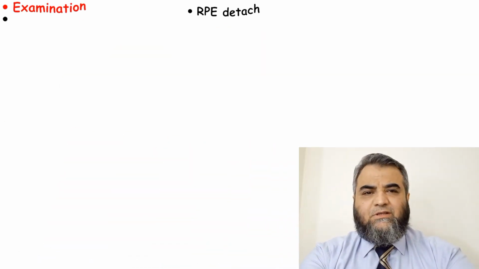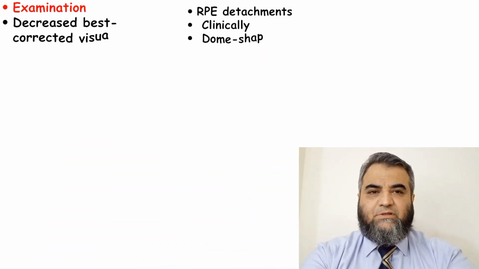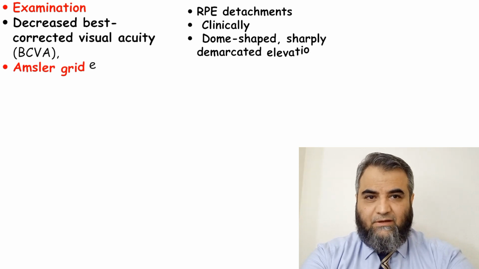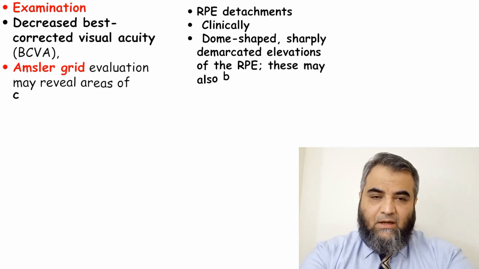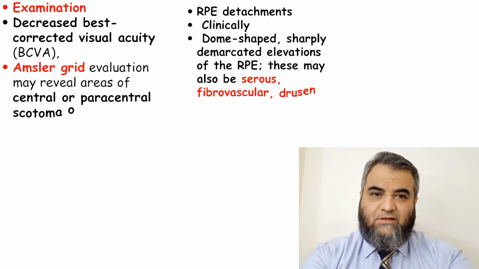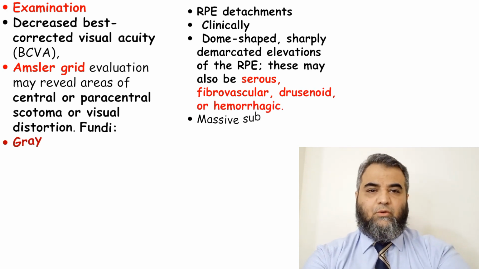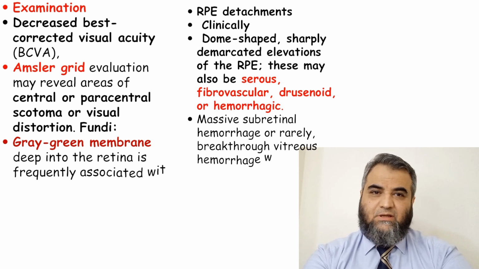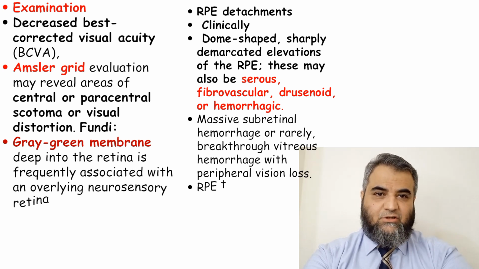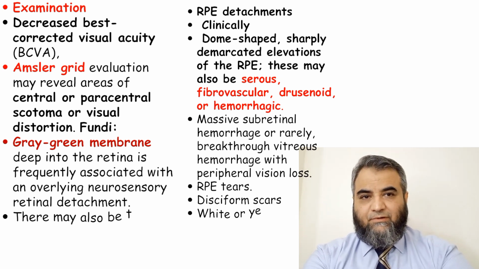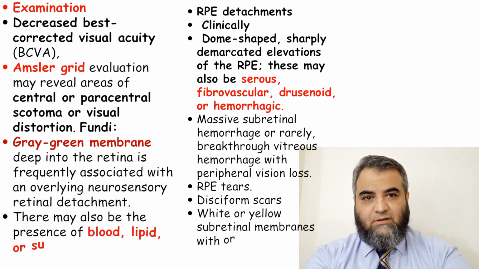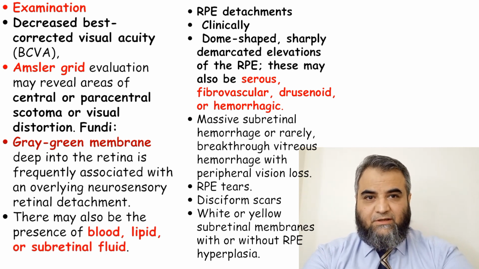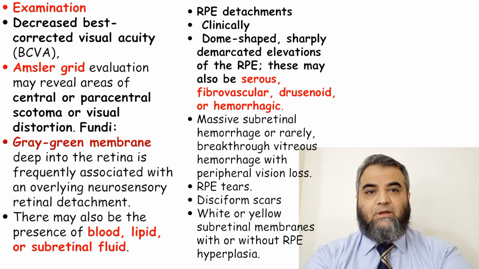I mentioned on examination, these patients usually present with decreased vision, severely affected vision. If you examine the anterior segment, it will be perfectly normal, no activity over there. You will not find significant changes except some age-related cataract changes. But when you go to the fundus examination, you will find a grayish-green subretinal membrane, which will be inferior to the